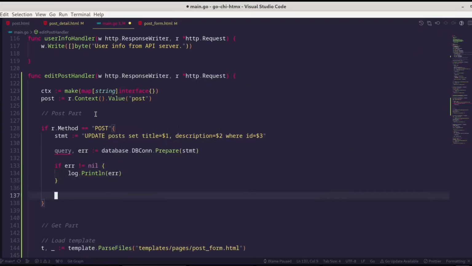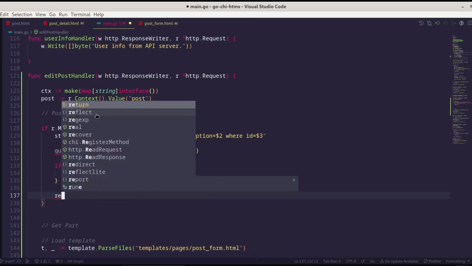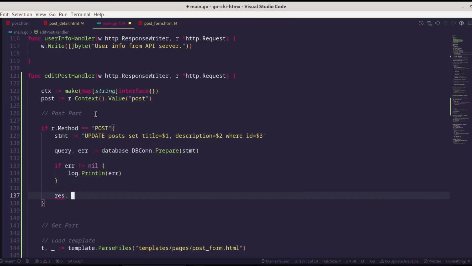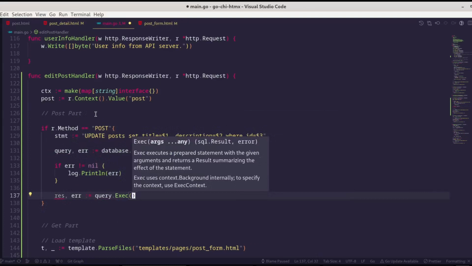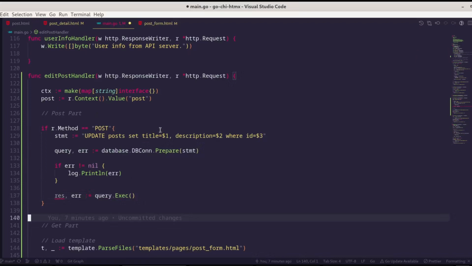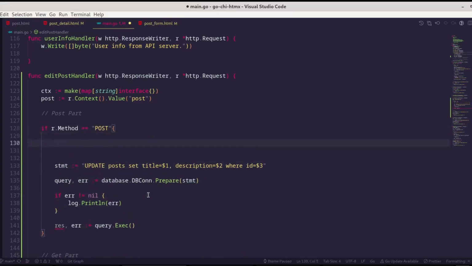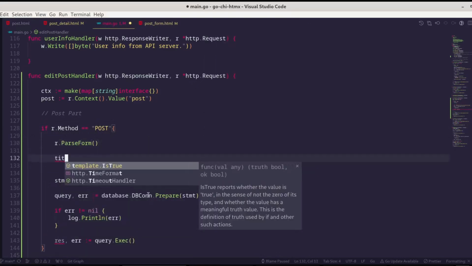Otherwise, if there is no error, then we will proceed, and we will try to execute this query. That is also very simple, and it also returns some error. So we will say query dot exec, and here we have to provide the values for these placeholders. First of all, we will parse the form, then we will create some variables,